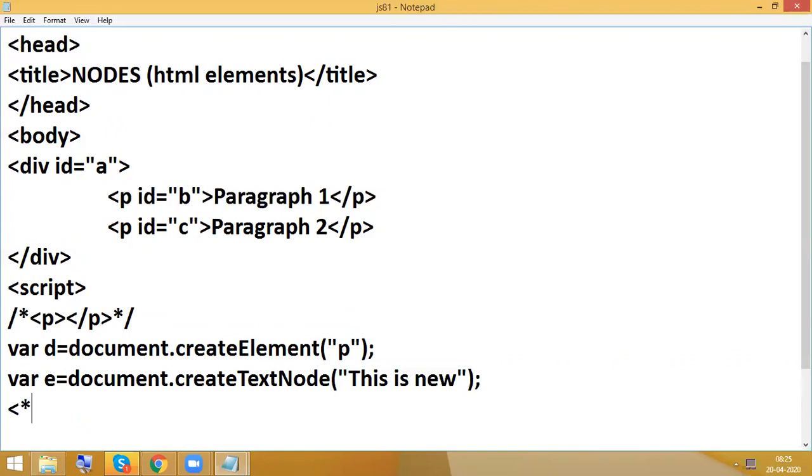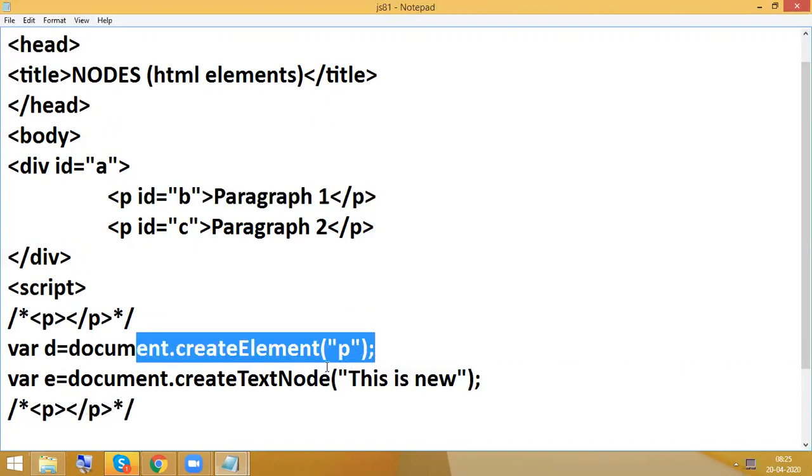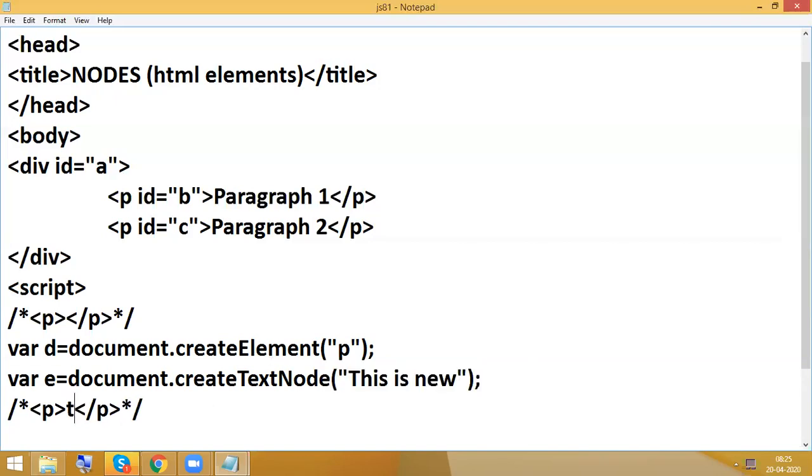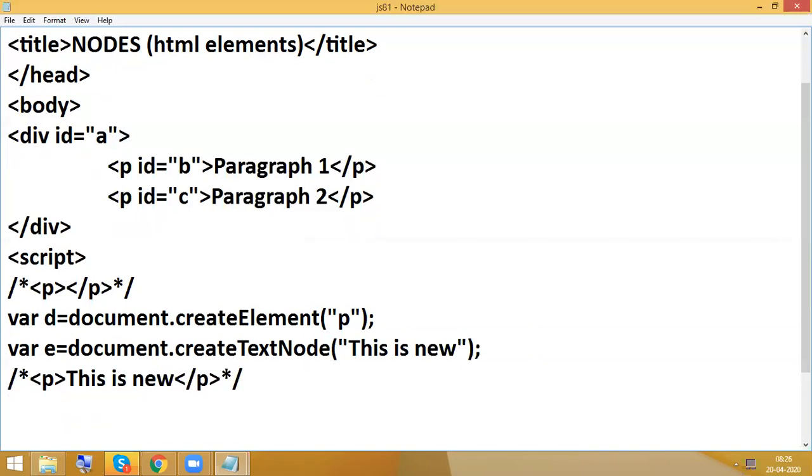So generally, how are we going to plan? We are going to have P, the paragraph. So inside the paragraph, what am I expecting? This is new. It should look like a child. Okay, it should display like a child. So inside the paragraph as a child, we are expecting it like this. To have an output like this is the way we need to write.